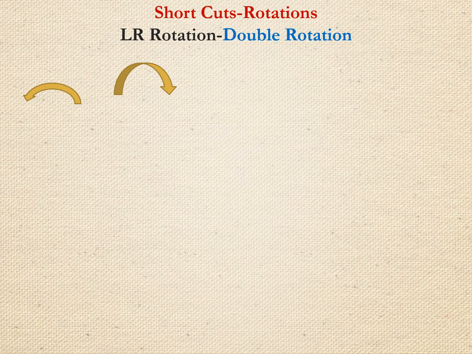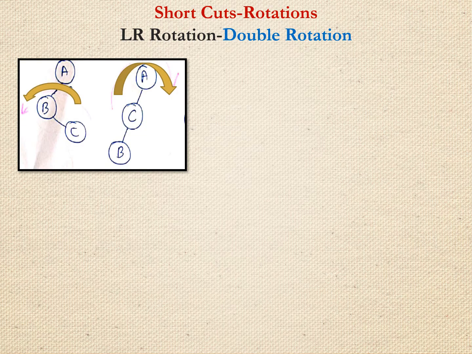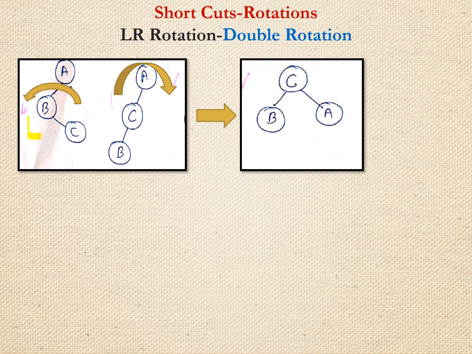Now let us understand some more rotations, or we can call it the LR rotation, double rotation, but we will be using some shortcuts. So now suppose we have this kind of LR rotation. What we do is, we first rotate the node on the left hand side, and then on the right hand side we rotate the node. In this case, for the three nodes A, B, C, the resultant we get is a total shifting, that C will become the root node, and B is the left of this C, and A is the right node of C. So this way we get the arrangement.